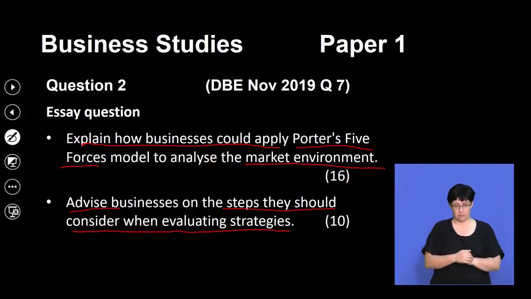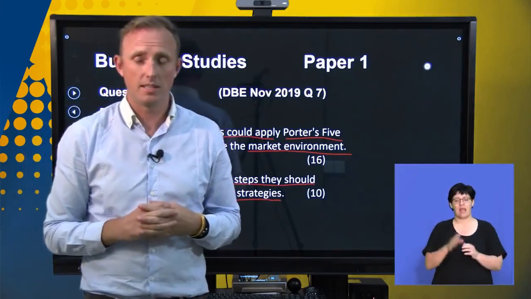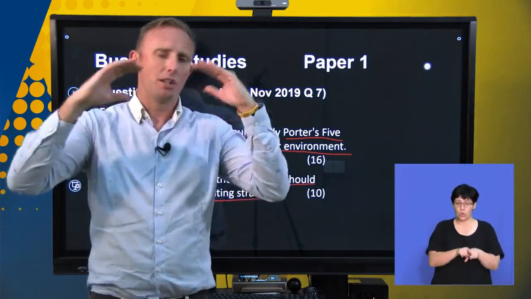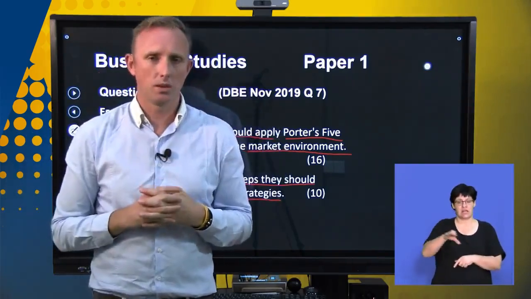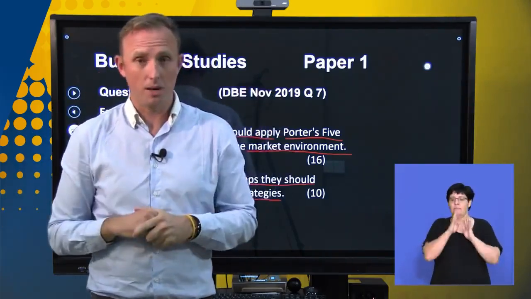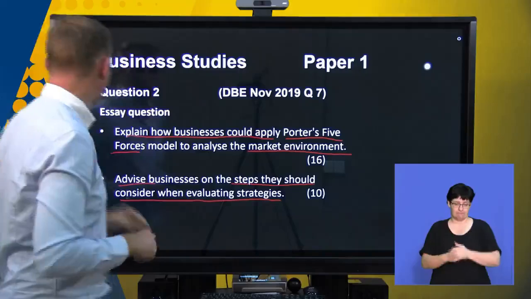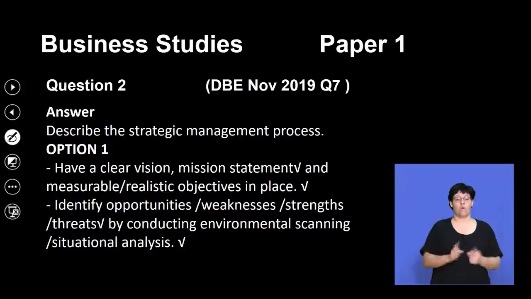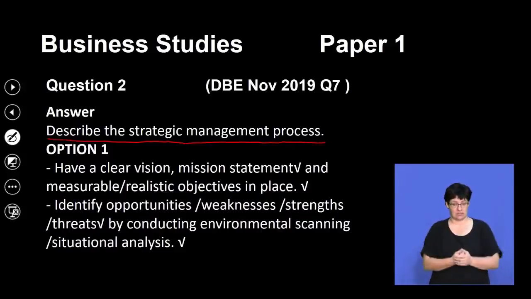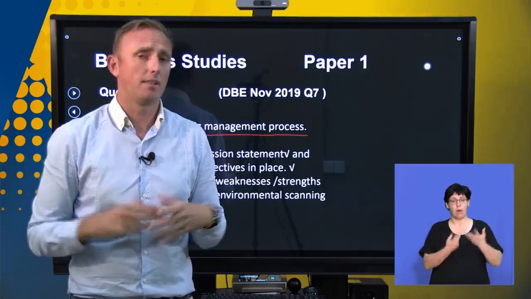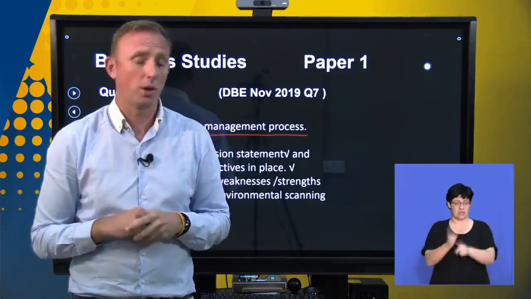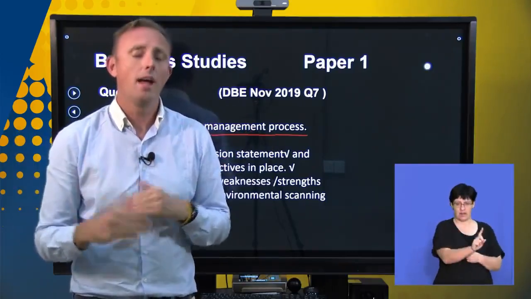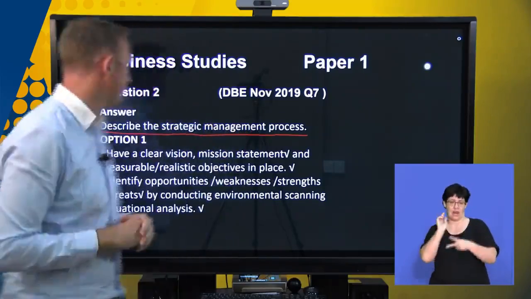So I've also given you potential marks that this question could be in section B, as well as how much these particular sections will count if this was just a plain section C essay. So if we go, the first question is, describe the strategic management process. So we've got 2 options that are both right that you can use for this question. So I'm going to go through option 1, and then I'll be going through option 2.